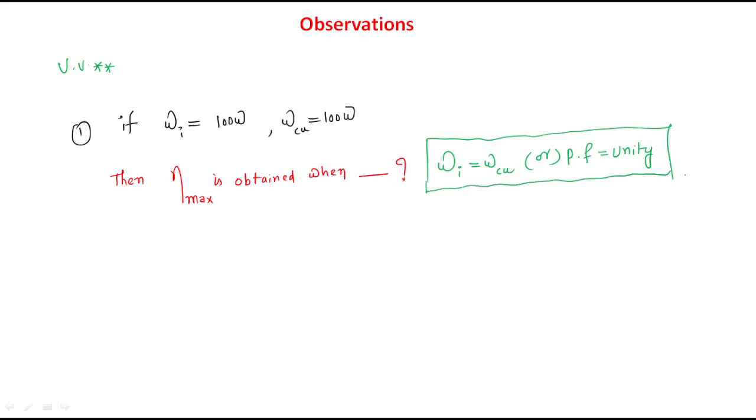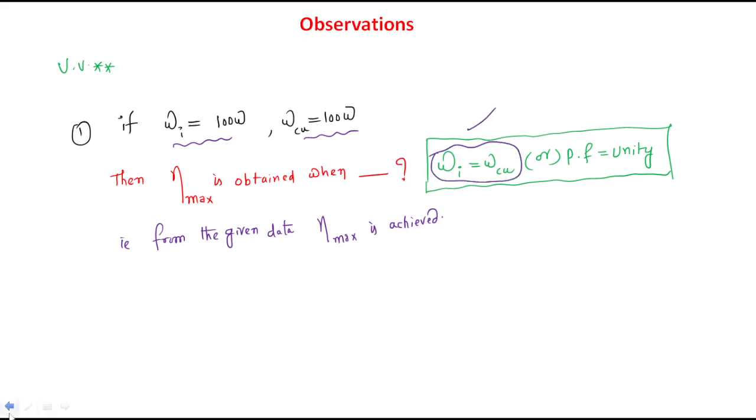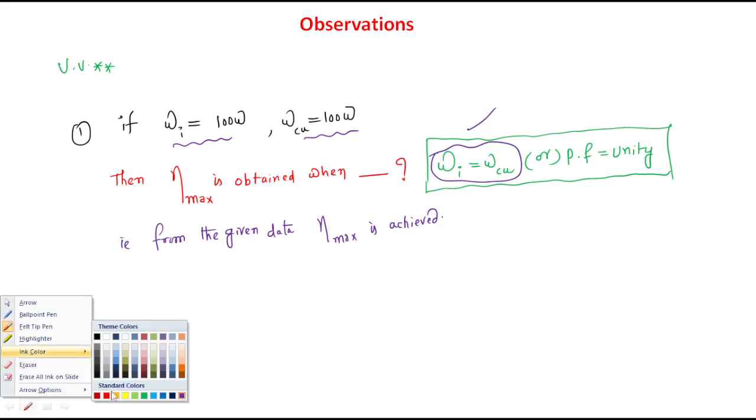But the given data is what? From the given data, efficiency maximum is achieved, right? Because the iron loss component is 100 watts and the copper loss component is 100 watts. Obviously we are going to get the maximum efficiency. At this condition only we are going to get the maximum efficiency. This is the first observation. Second problem,